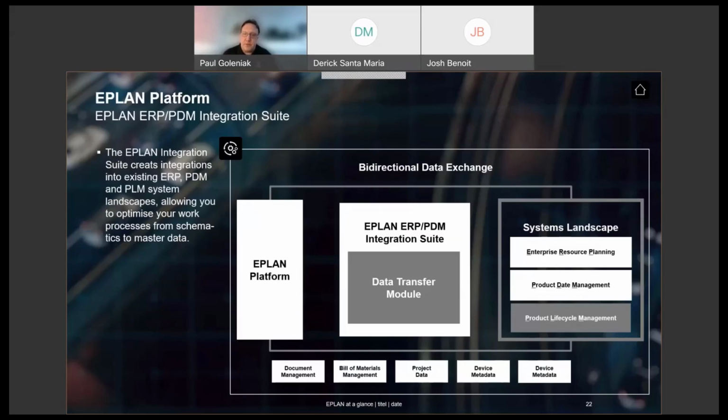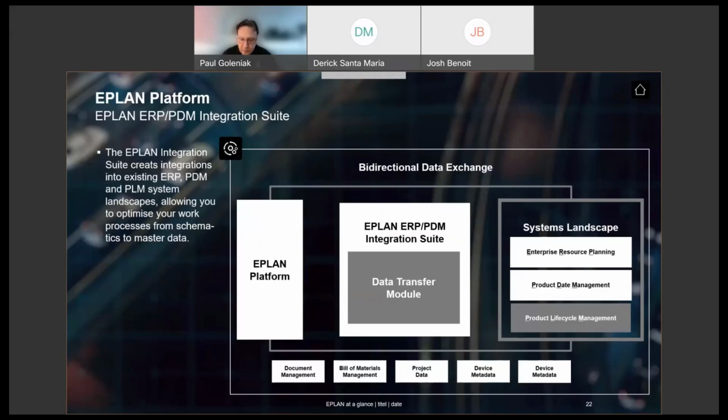We have the opportunity within the EPLAN environment to connect directly to those third-party systems. So if you do have an internal ERP system or an internal PDM system, we have the expertise within the EPLAN family to be able to help you